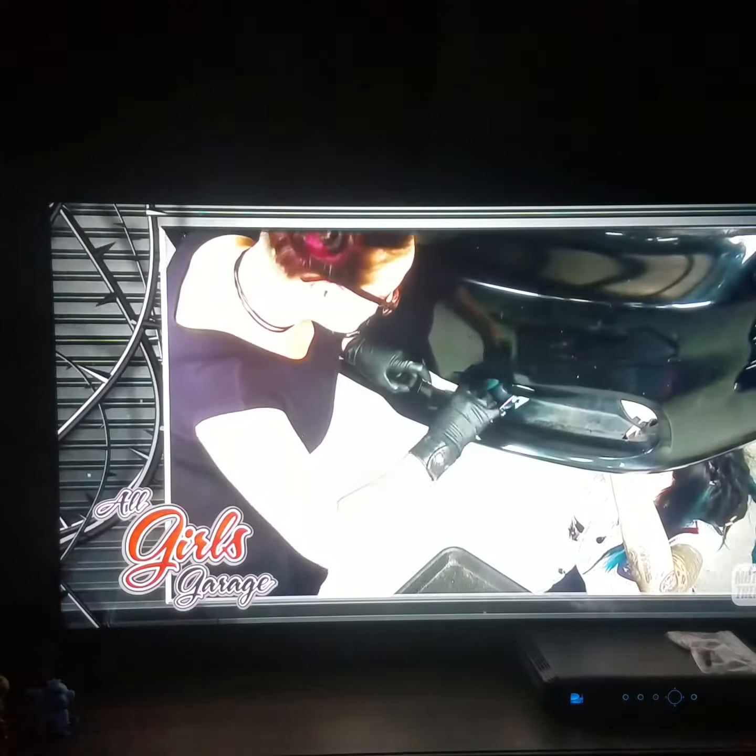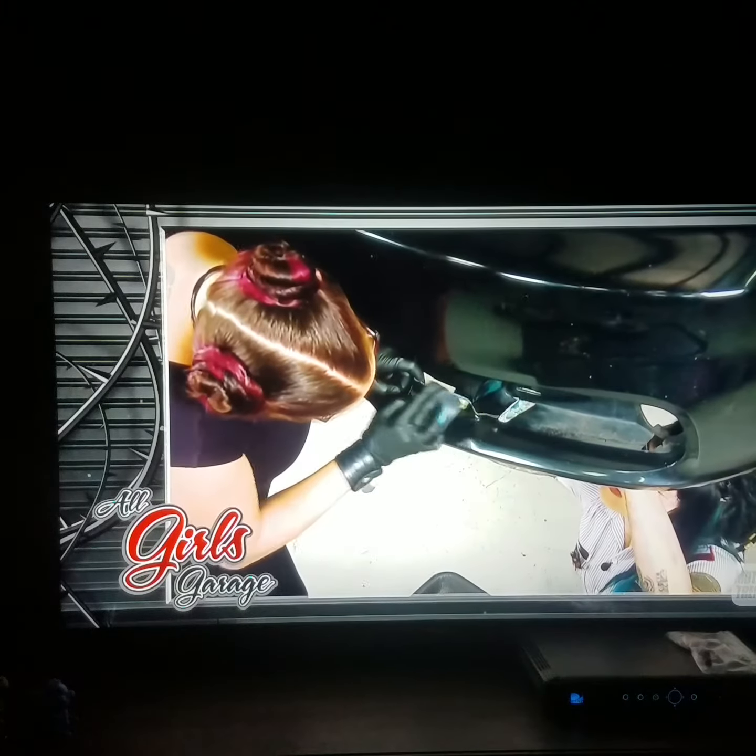Bogey's got the motor mounts handled. The next task for the girls is to fix the